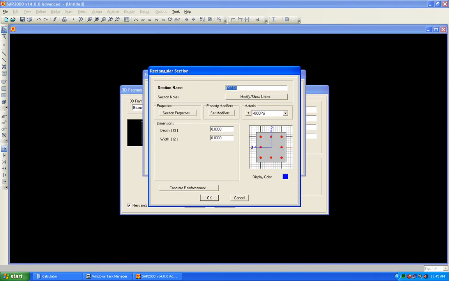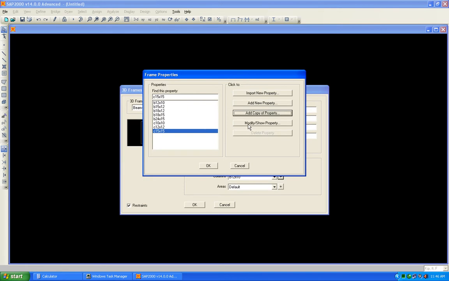And it becomes column 12 cross 12, represented by 1. Now add a copy, column 15 cross 15. 15 is 1.25, 1.25. Now add another copy,